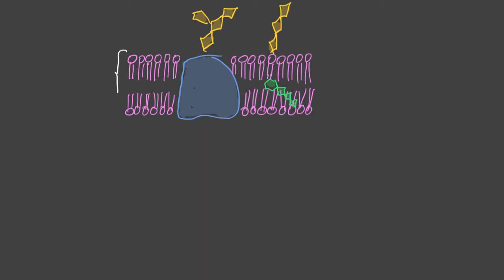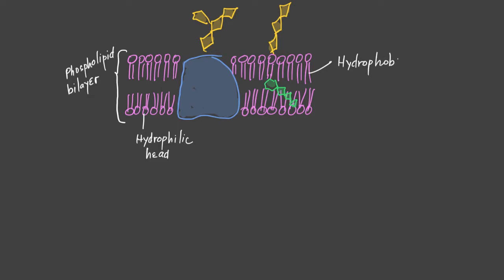The bulk of the cell membrane is made up of phospholipid molecules. These molecules are arranged in two rows. The molecules within the same row often exchange places with each other. They're constantly moving like a beaded curtain. The hydrophilic heads of the phospholipid molecule are facing outwards, and the hydrophobic tails face towards the interior of